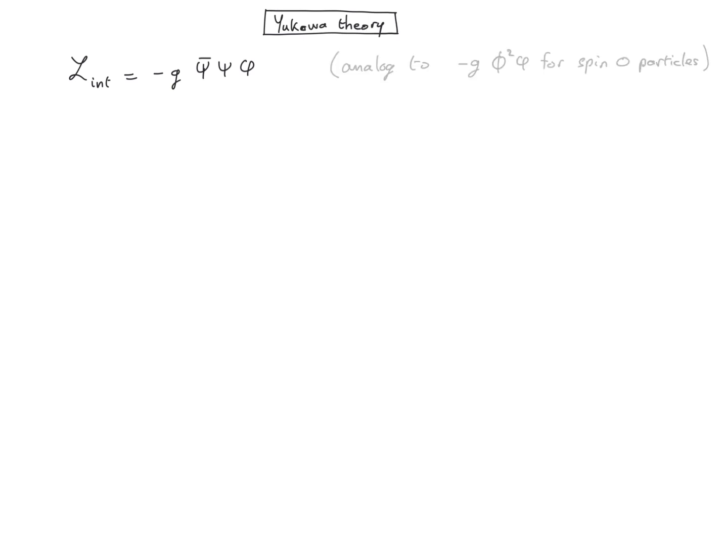The reason why we have psi bar psi and not just psi squared is because psi bar psi is a scalar, and therefore it's the right way to build a Lagrangian, which has to be a scalar quantity at the end. As in the case of the phi-4 theory, Feynman diagrams can be used to describe basic processes using perturbation